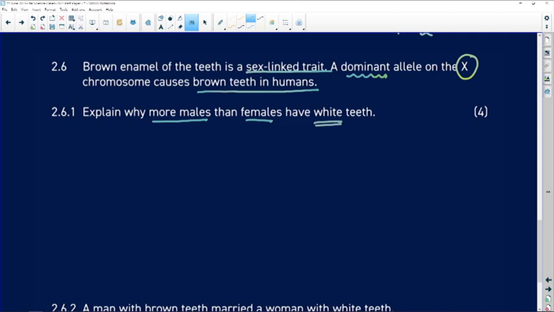Have we got the memo? What does the memo say? 2.6.1, right? Yeah. Okay, males only have one X and one Y, and that doesn't have the allele in order to inherit one recessive allele to have white teeth.